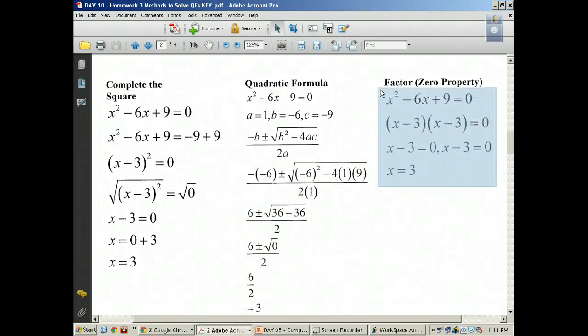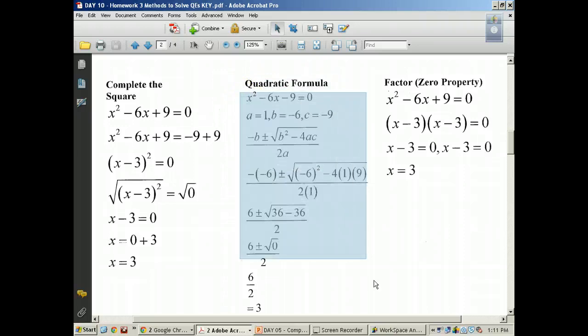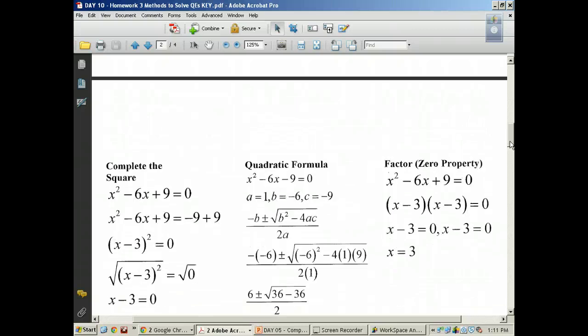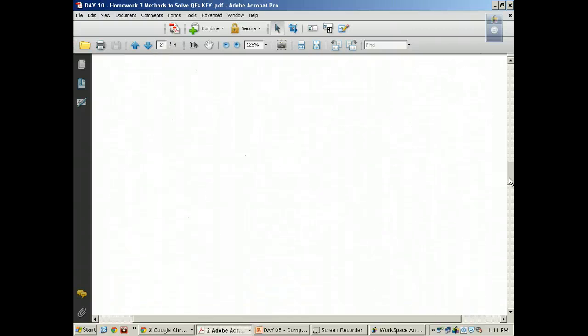You know, oh, that person that finished their test so fast, they must be really smart at this. They can do the quadratic formula so fast. Not really. They're probably not using it like you are. They're probably saying, this is the last thing I want to do, the longest method that has the most mistake potential. They're probably doing this. They're doing the same thing in a quarter of the time because they know to use this method over this one. And that's why I want you guys to do all these methods side by side